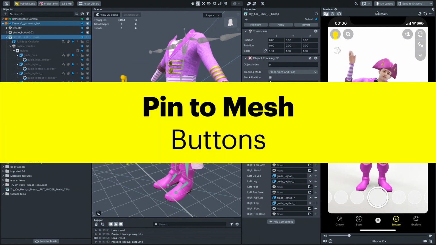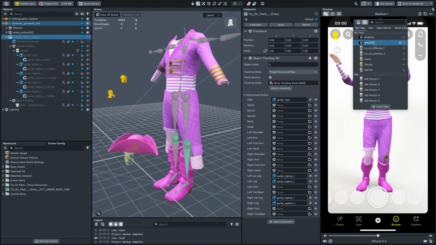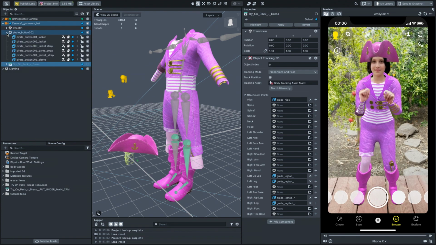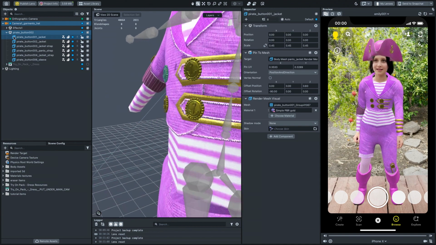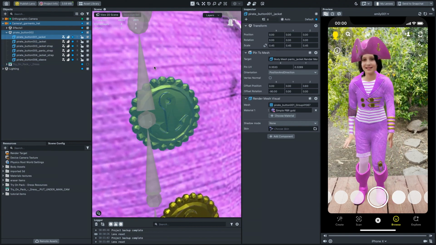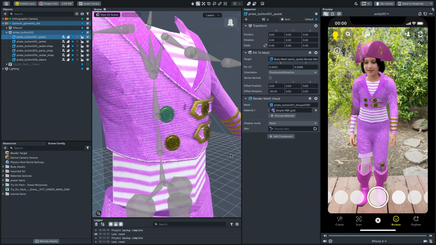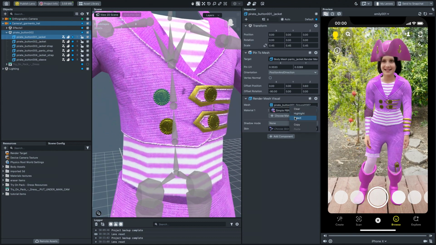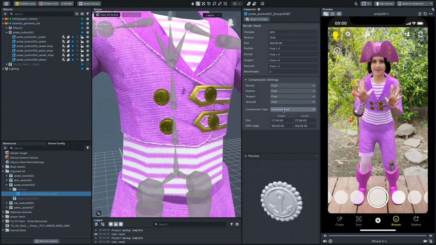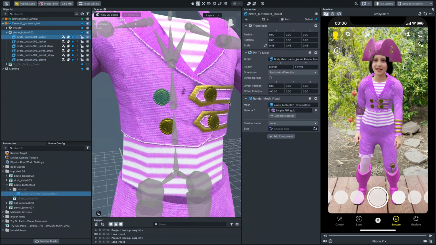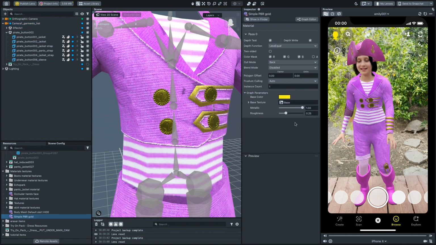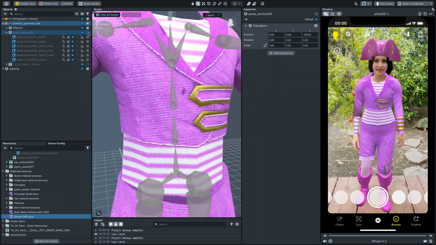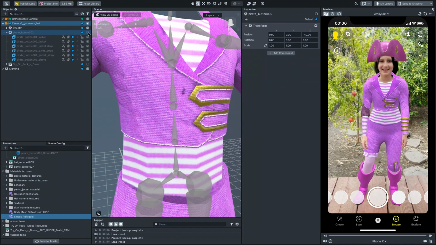Pin to mesh buttons. Pinktooth is a rich princess, and she has big gold buttons on her jacket and breeches. The buttons are attached to the garment with a pin to mesh script. Instead of adding all the buttons to the jacket mesh, I duplicated a single button object several times. I also reduced the button mesh to low poly and used a simple gold material with no textures. This helps to keep the lens size smaller. We will learn about the buttons in the fourth video, and I will hide them for now.